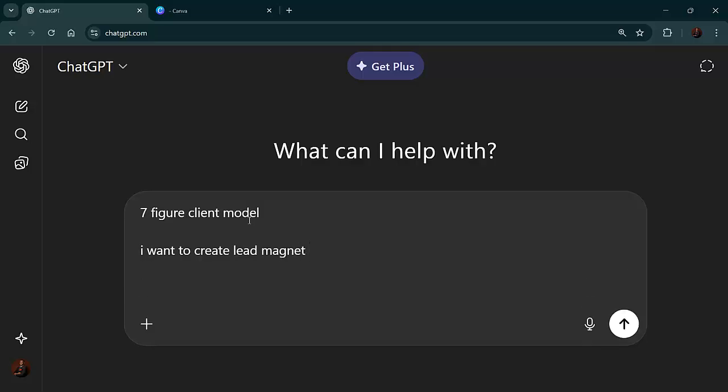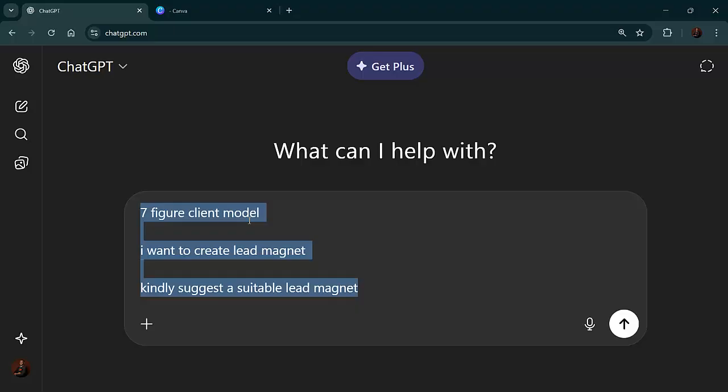So kindly suggest a suitable lead magnet. So now instead of doing this, I'll just copy this here from ChatGPT, then go